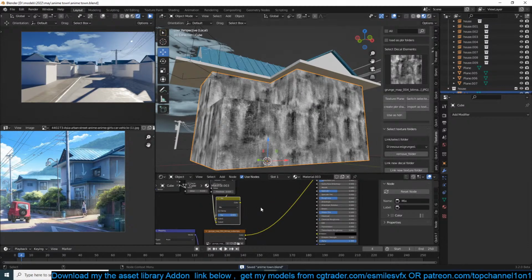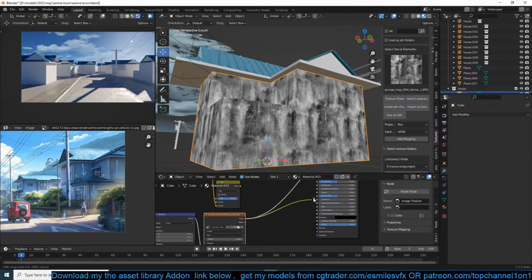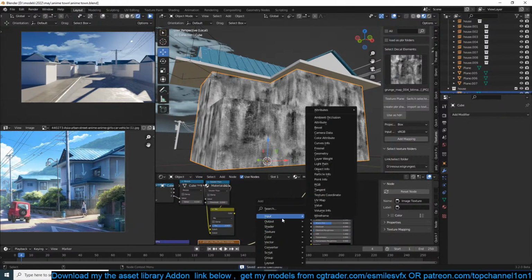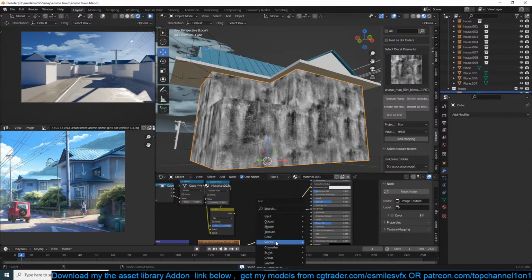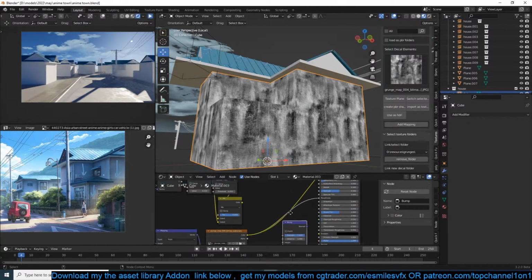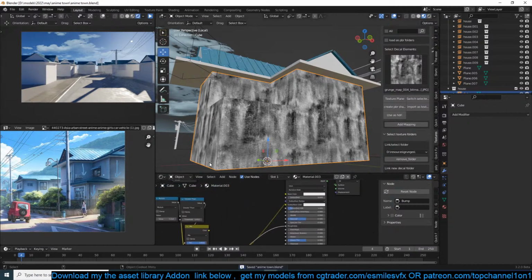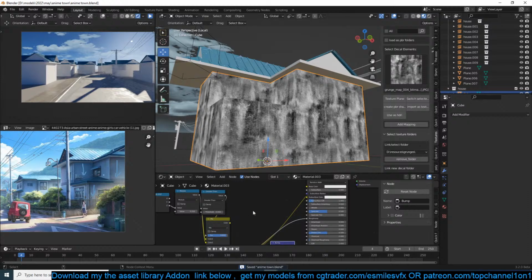Anyway, so yeah, we're going to use this for the reflection, and also use it as the bump. So vector bump. But I want this to be really a slight bump, and then we can